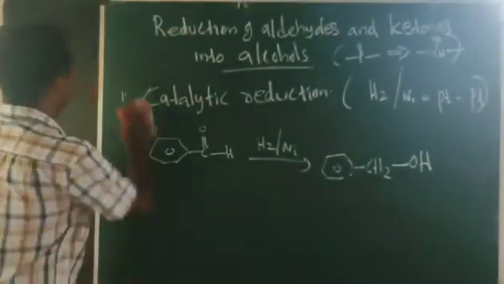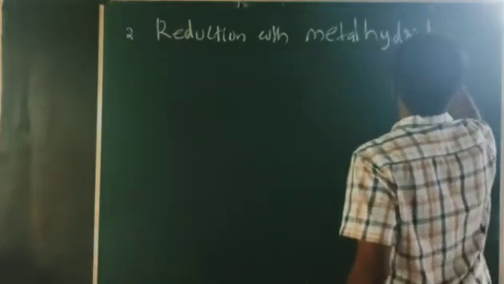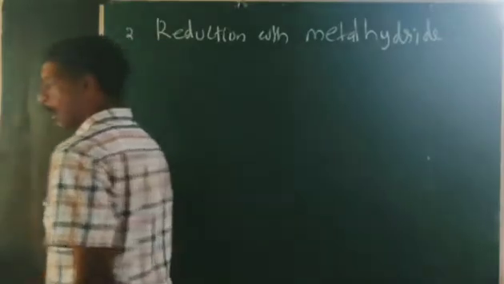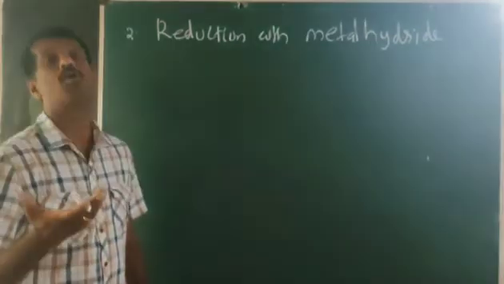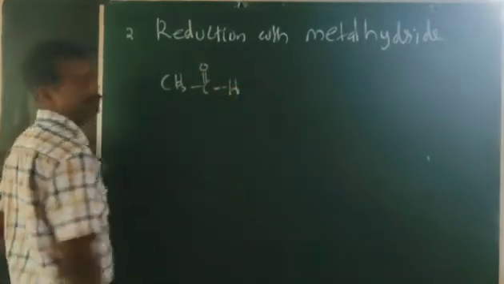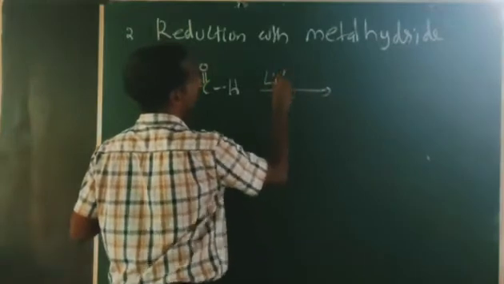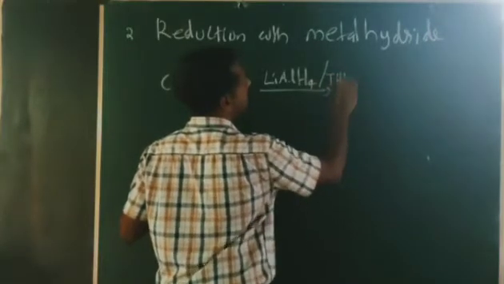Now, the second one is reduction with metal hydride. That means reduction of aldehydes and ketones with metal hydrides such as lithium aluminium hydride, sodium borohydride, etc. So again, CH3CHO, when reduced with lithium aluminium hydride, LiAlH4, a metal hydride, in presence of tetrahydrofuran, THF,